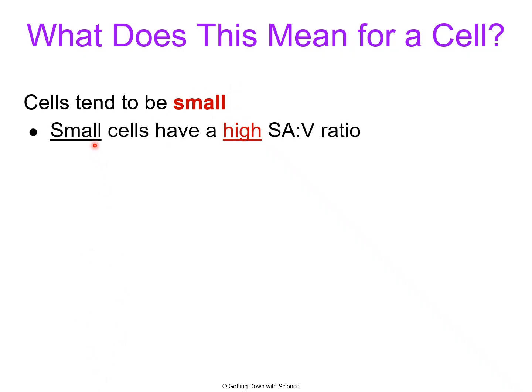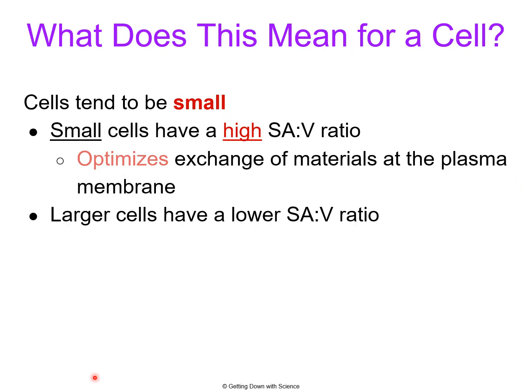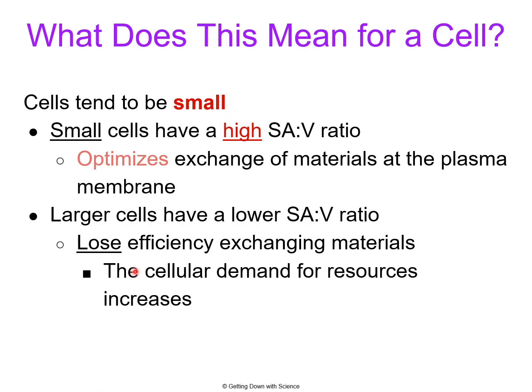Okay, so what does this mean for cells? Cells that are small, which most cells are, so most of our cells are microscopic, they have a higher surface area to volume ratio, and therefore they're a lot more efficient at exchanging materials. So they optimize exchange of materials from the plasma membrane. When cells are larger, they have a lower surface area to volume ratio, and remember, low is not good, and therefore they're just not as efficient in exchanging materials across the cell membrane,